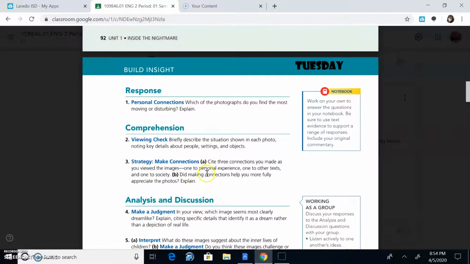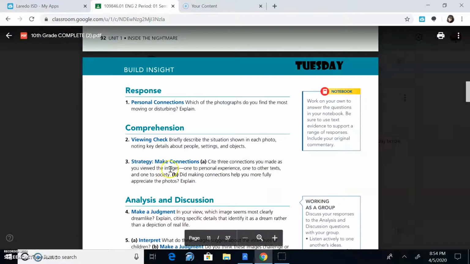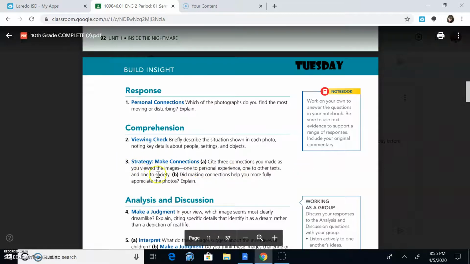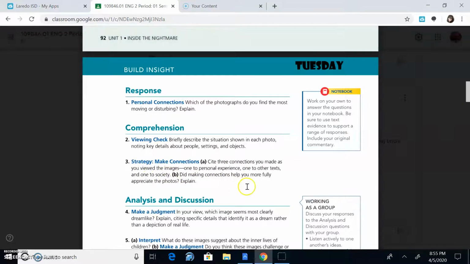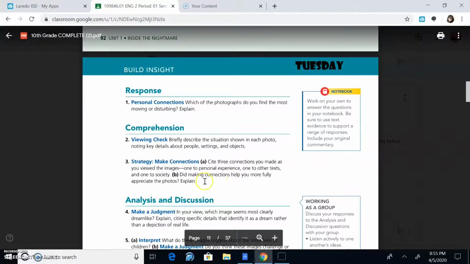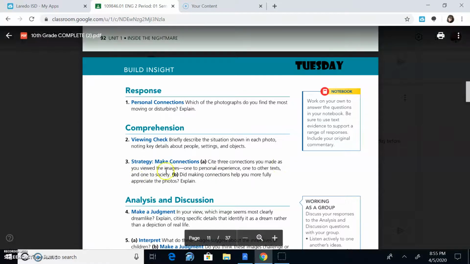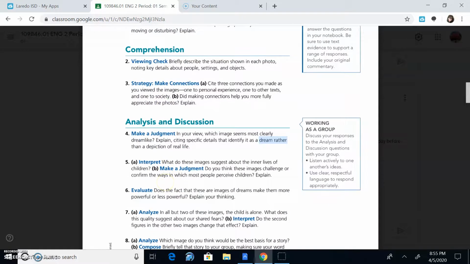Number 3, cite 3 connections you make as you view the images. 1 to personal experience, 1 to other texts, 1 to society. Making connections helps you fully appreciate the photos. For example, do one of the photos remind you of a horror movie, a scary movie? Do one of the photos remind you of something that's going on right now? Those are the connections that it's asking you to make. A personal experience, maybe a connection to another text, another movie, one to what's going on in the world. Number 4,